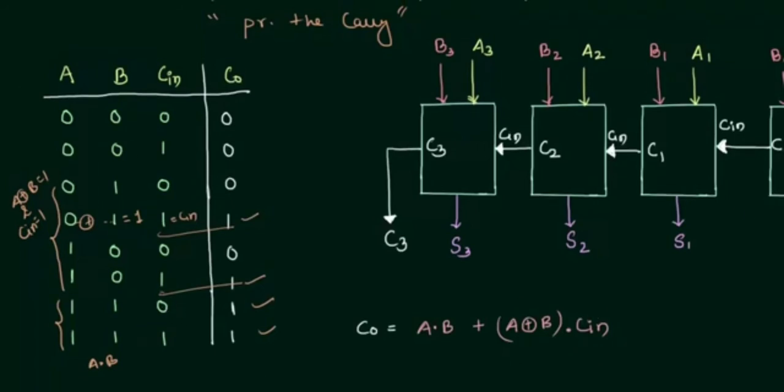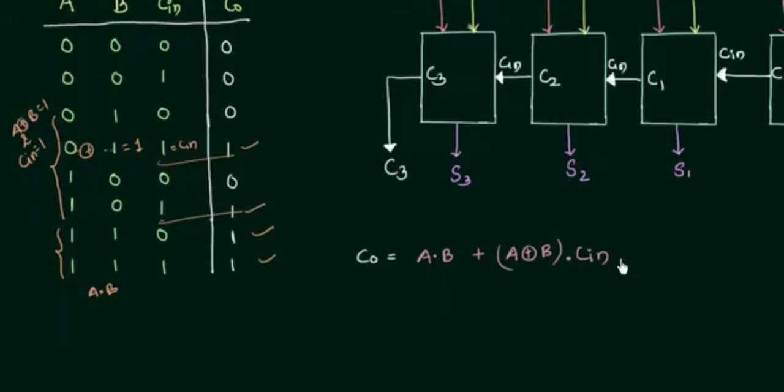Now there are some terminologies involved with this expression. Let me explain that. This part we call carry generator, and this part we call carry propagator. Now why we call it carry generator and why we call it carry propagator, it's just a name,